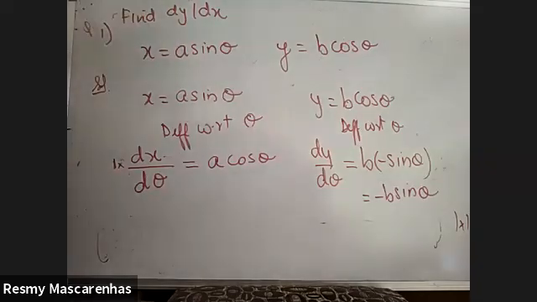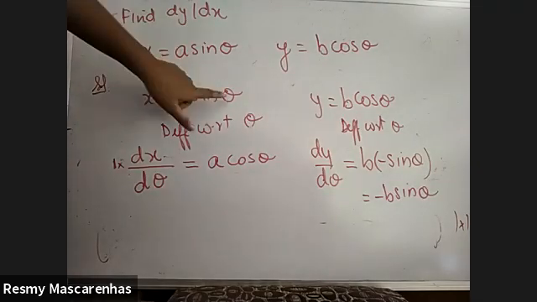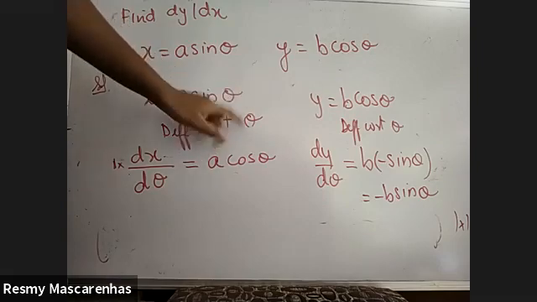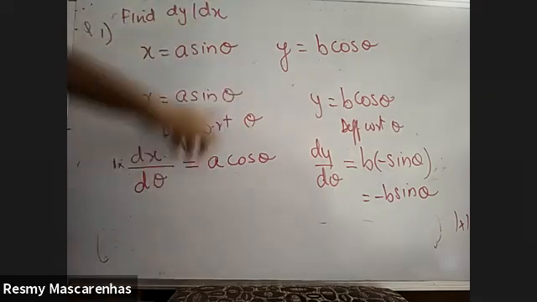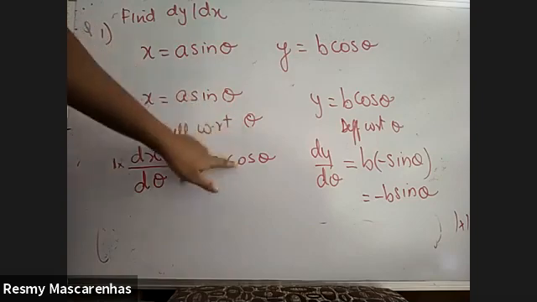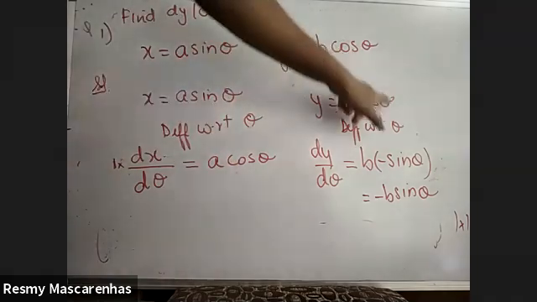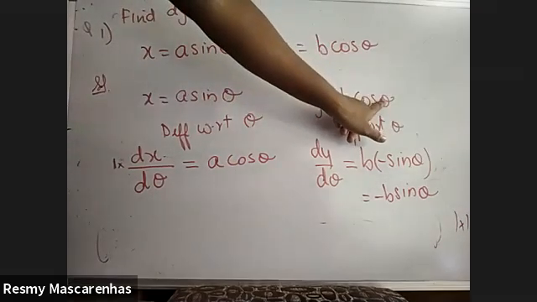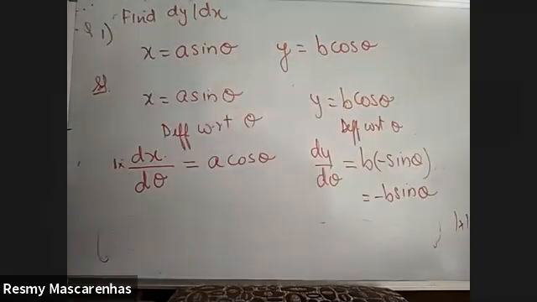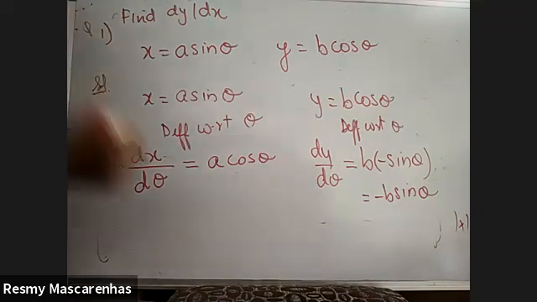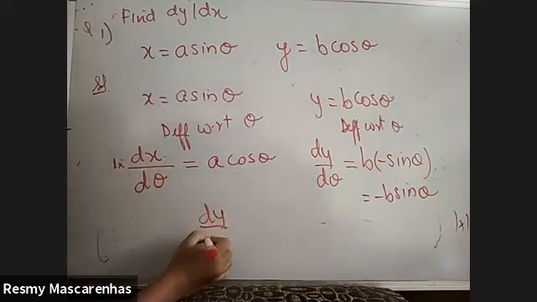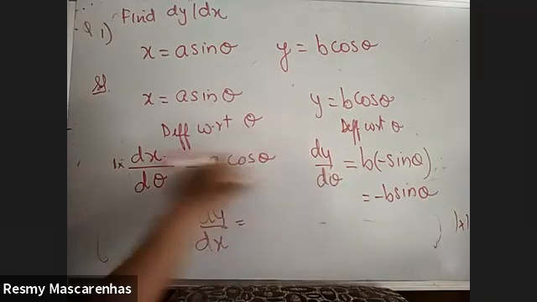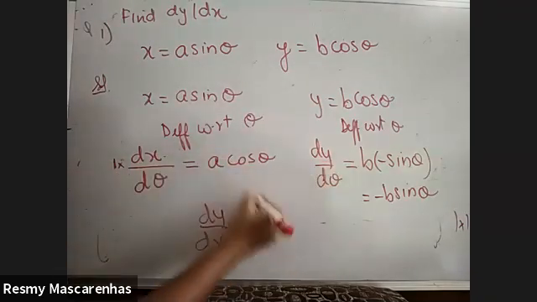Same like how you used to do the normal derivatives. Instead of x, it is just theta here. Normal derivatives only. Just imagine this as x only and solve. That's it. So derivative of cos x would have been minus sin x. Same way. Okay. And now do the final substitution. So what will be dy by dx? This answer upon this answer. Second answer upon first answer.